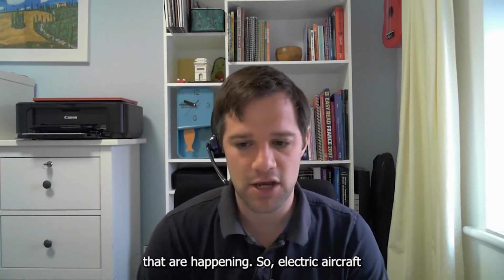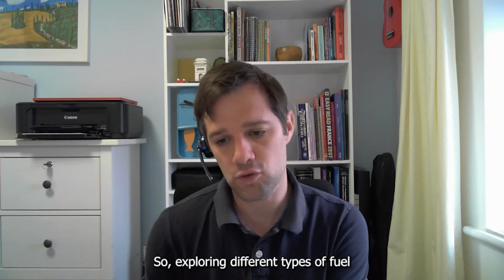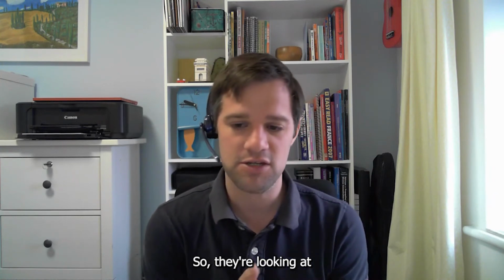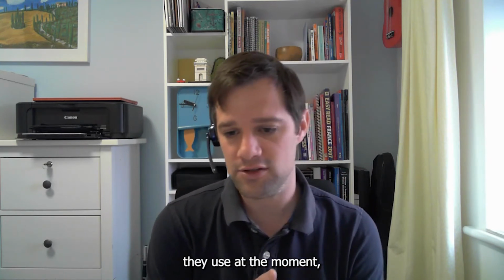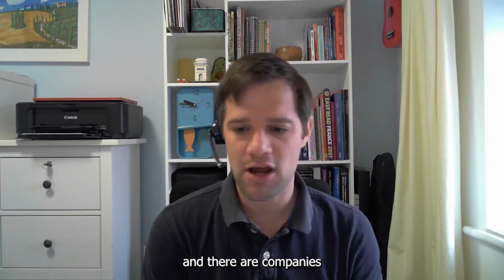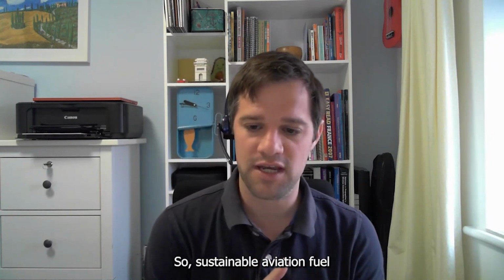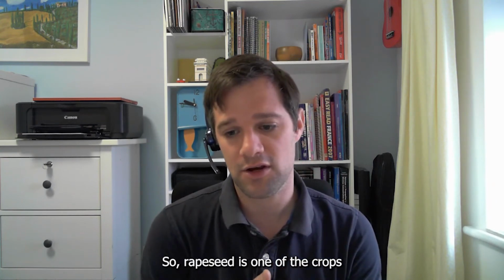In terms of other things that are happening, electric aircraft is something that's coming. Exploring different types of fuel is going to be really important. I know the companies that make engines for aircraft are looking at using different types of fuel. They're looking at a fuel called hydrogen, which has significantly lower carbon emissions than the fuel they use at the moment, which is called kerosene. There are companies looking at electric aircraft, and companies looking at something called sustainable aviation fuel. Sustainable aviation fuel is effectively what we call a biofuel. It's made from oils from crops. Rapeseed is one of the crops that can be used to make